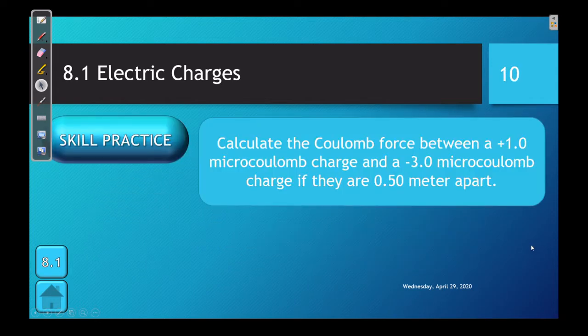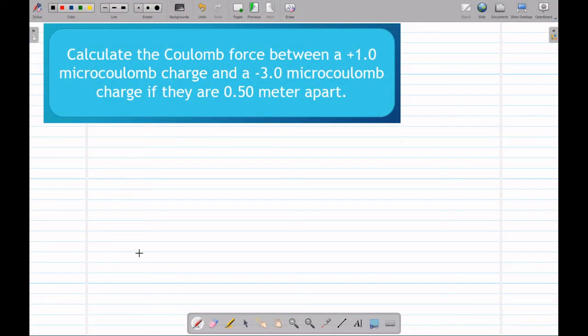So let's take a look at our first skill practice question for this new unit. The problem says, calculate the Coulomb force between a positive 1.0 microcoulomb charge and a negative 3.0 microcoulomb charge if they are 0.50 meters apart. So we are going to use Coulomb's law to solve this problem. F sub E is equal to k sub e multiplied by Q1 times Q2 all over r squared. So this is really just a situation where we have to plug in these numbers and then chug out an answer. So k sub e is equal to